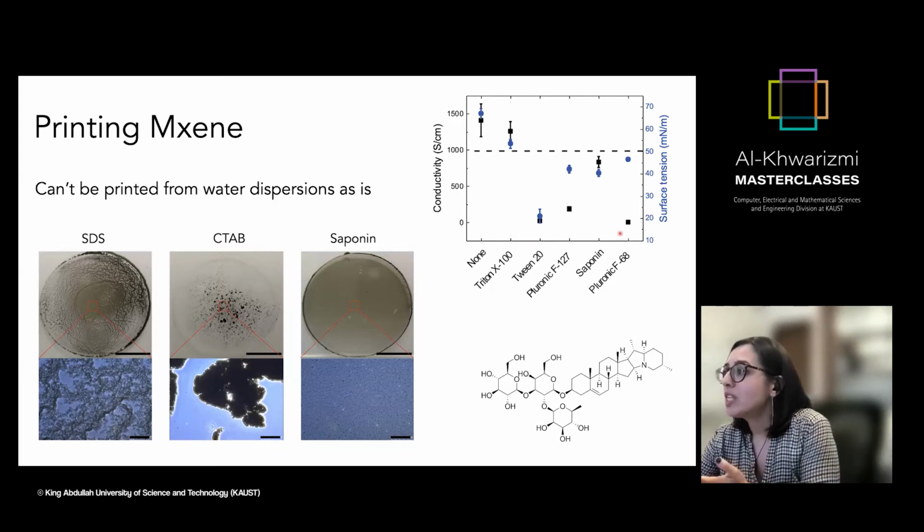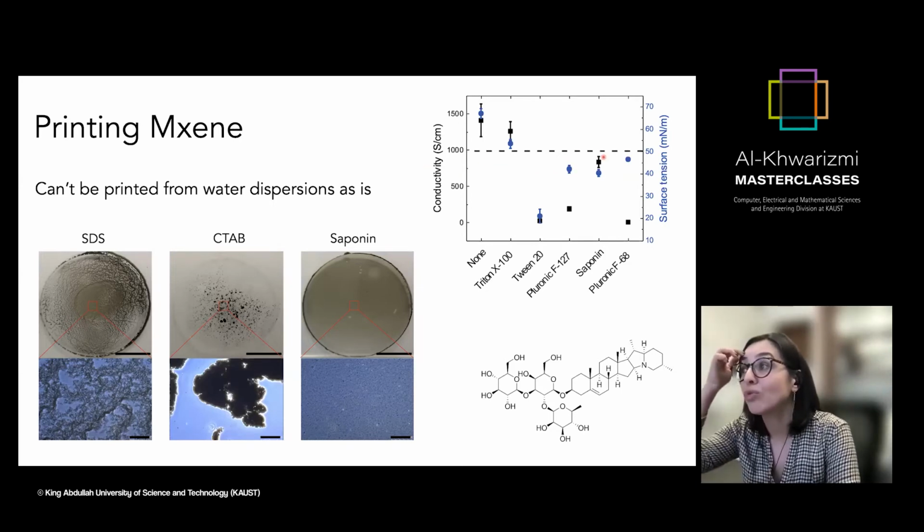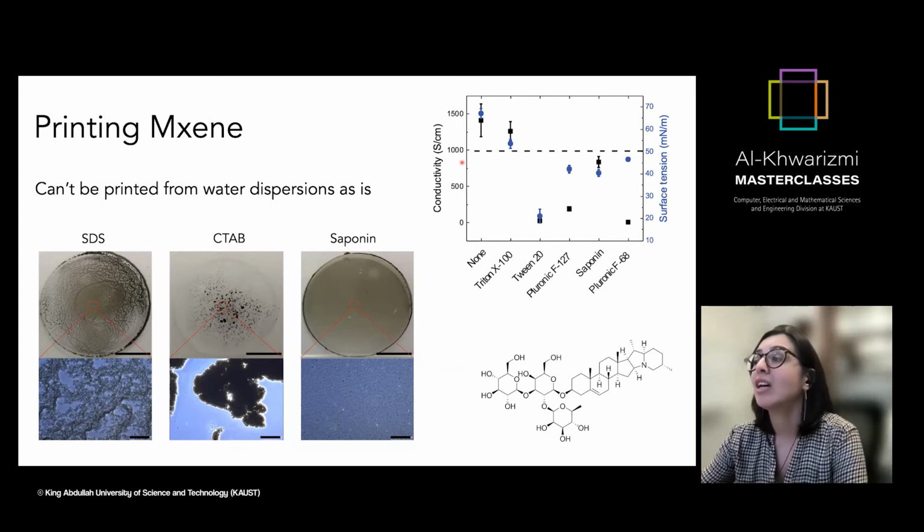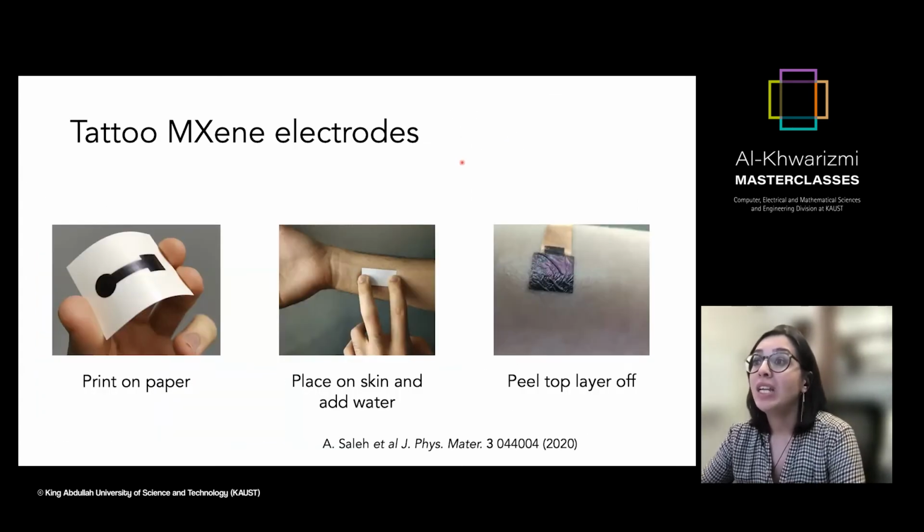And as we introduce these surfactants, the conductivity goes down, but we found out that saponin makes the surface tension perfect, and is also giving quite nice conductivity, in the order of somewhere between 500 and 1,000 Siemens per centimeter. And you can put the MXene electrodes on these tattoo papers that I just told you about